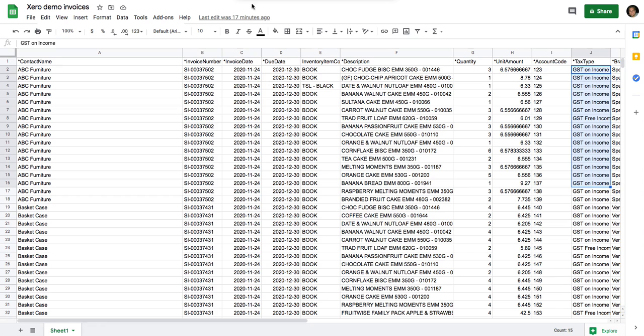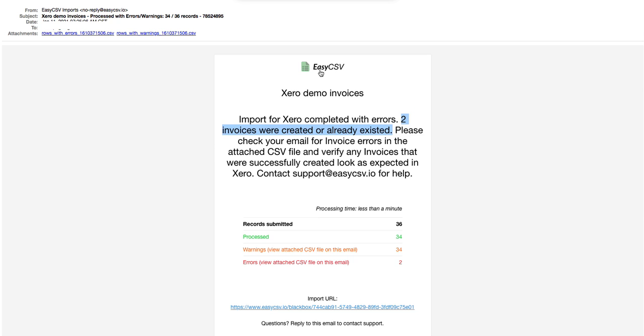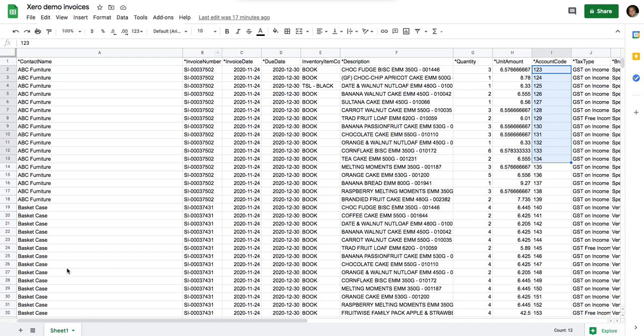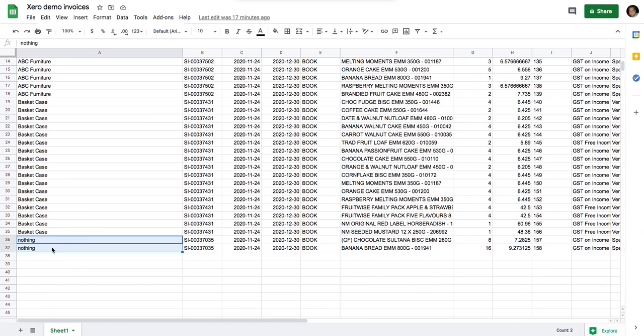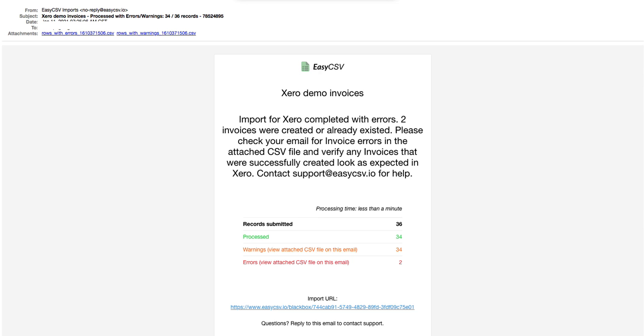The reason for that is because this account code is fake. Xero won't fail these rows. It'll just say that account doesn't exist or you removed it. To know that, you'll get a CSV file that tells you every row with every error. You can just re-import if you want to, but it'll do the same thing for errors. The 2 errors will be about how the contact name doesn't exist. It gives you really nice files that you can just download from your email